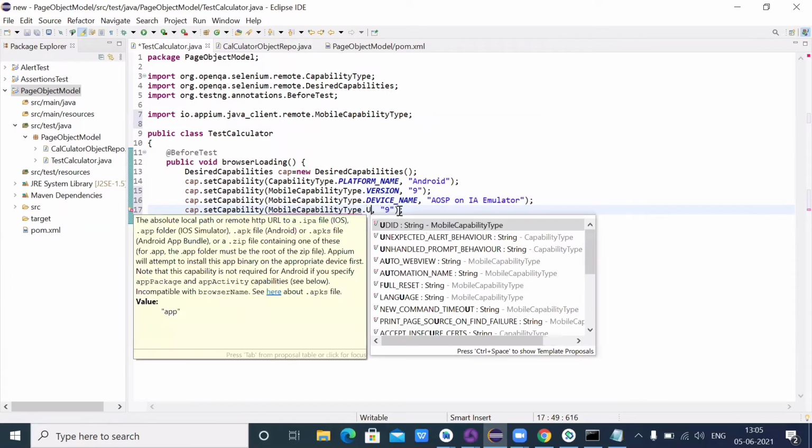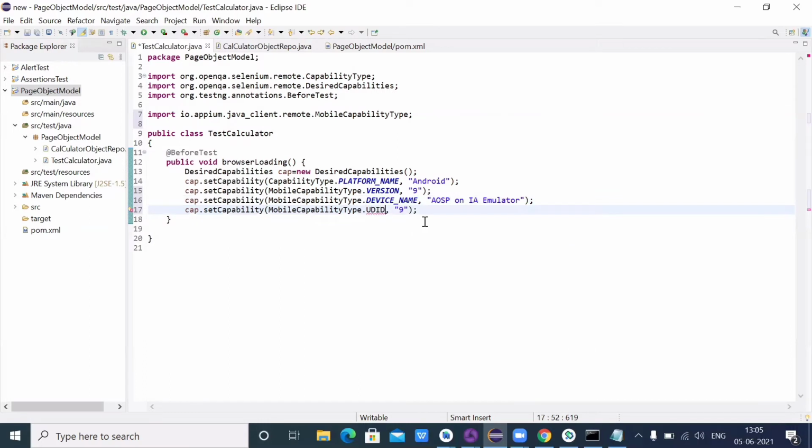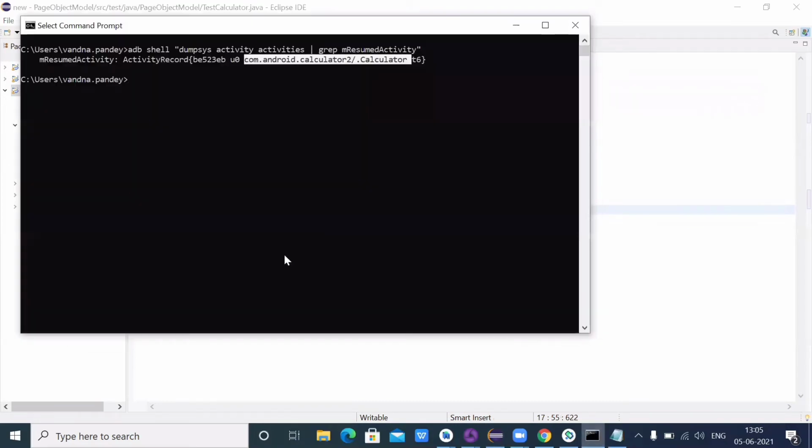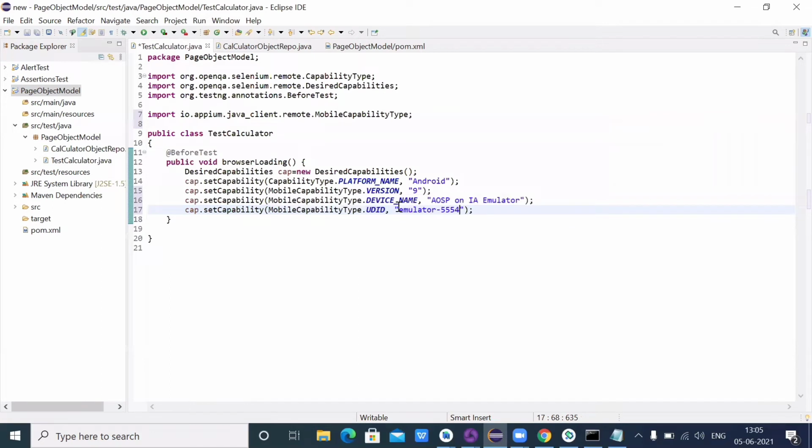So now UDID for that is the emulator device name, which I showed here only, with adb devices. So it is emulator-54. So I will copy this name only, and I will minimize this window. Okay, here I will pass that emulator name. Okay, now it is done for the configuration.